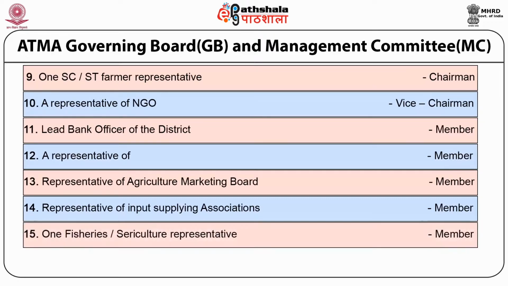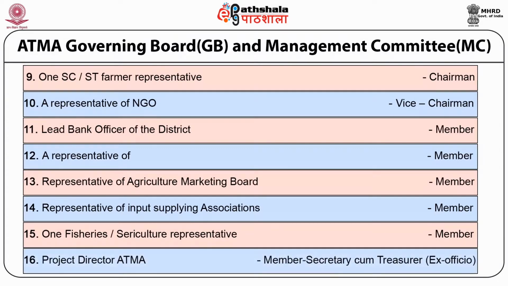So, there is one more member from some allied sectors like fisheries or sericulture, and whatever the enterprises that are prevalent in that particular district. You can have one more member as a member of the ATMA governing board. And there will be one project director of ATMA who is an ex officio member secretary cum treasurer,